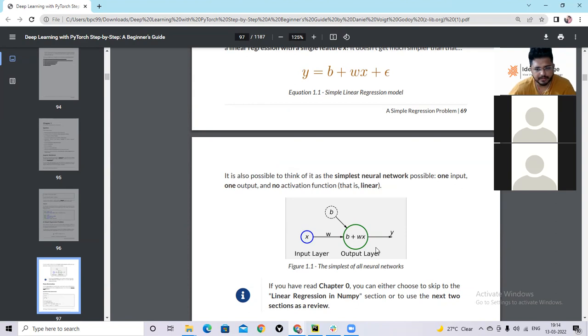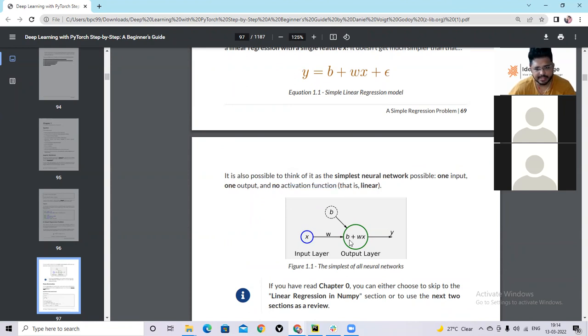We are using one feature, that's why. Vivek, your voice is breaking, I cannot properly hear it. Because of the one feature we are using, that's why linear? No. It is not linear because of that; it is linear because there is no activation function. So it is written here. Okay, that is the important part.